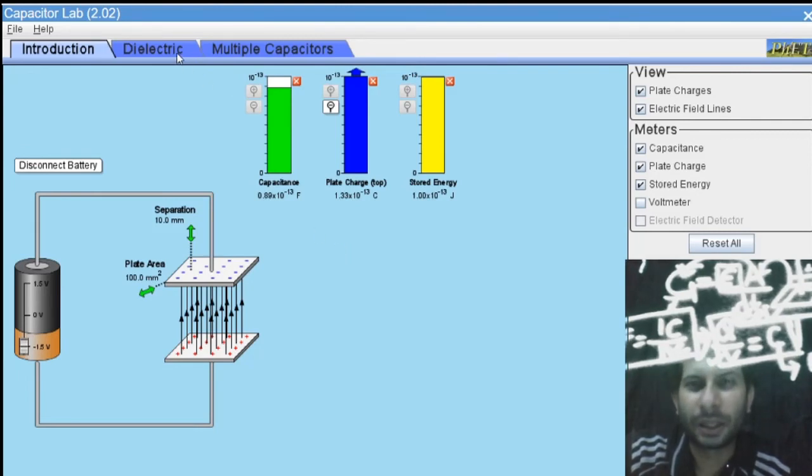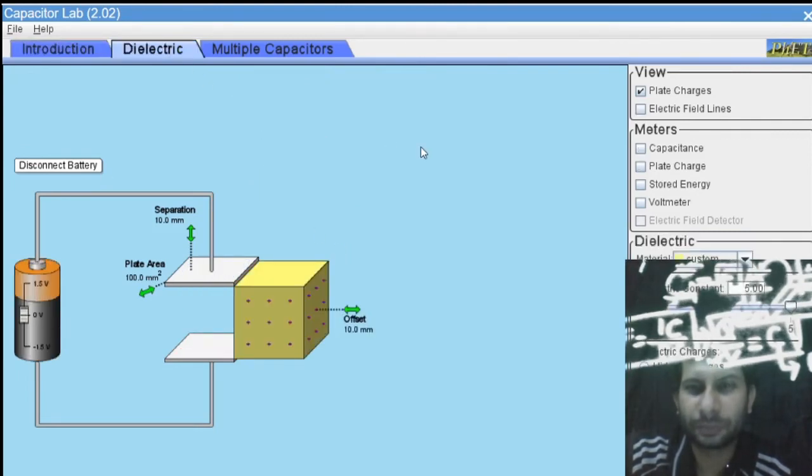Let's have the introduction of this material, and this material is known as dielectric. It is made from silica. It can be made from mica. It can be a foam. It can be a substance like oil. It can also be some kind of ores, etc.